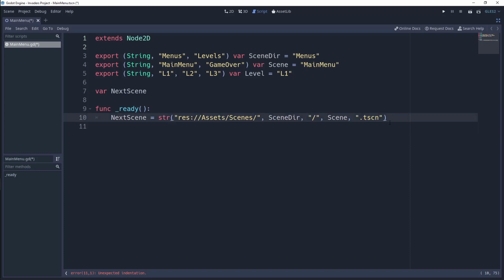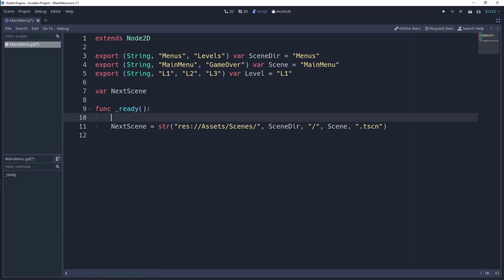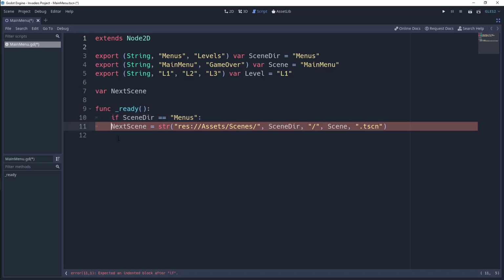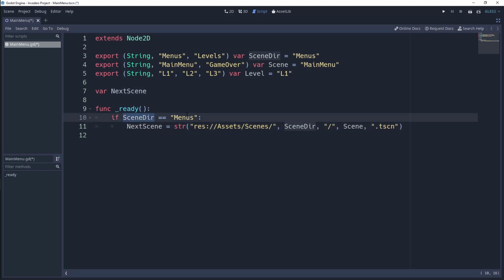Now this is good, but we're not getting any of the levels that we have set up. So let's press enter and create a new line. Now we're going to type in if scene_dir equals menus, colon, go down here to line 11 and press the tab key. Now I'll only set the next_scene variable if scene directory is equal to menus. Let's press enter and the backspace button, type in elif scene